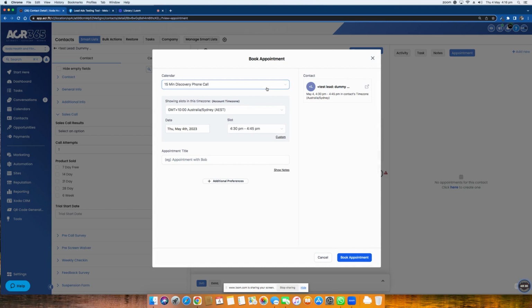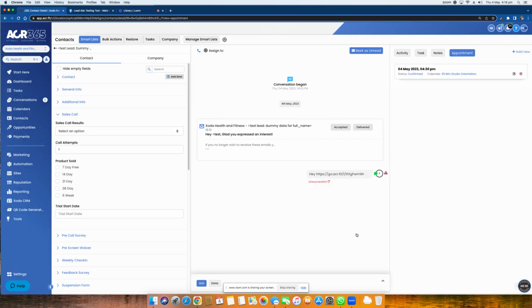They're happy to come in here and do an orientation or do a consult. I'm going to select the calendar that I want to come into, and then I'm going to book them in one of the appointments I have got available. So I'm going to book them into Thursday, and I'm going to book it at 4:30. Book an appointment,